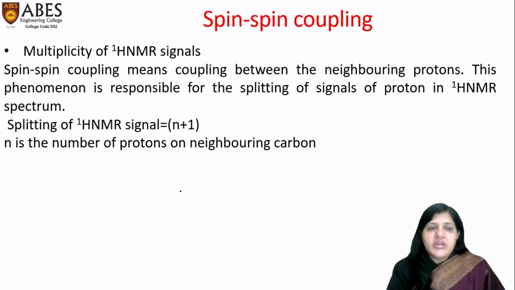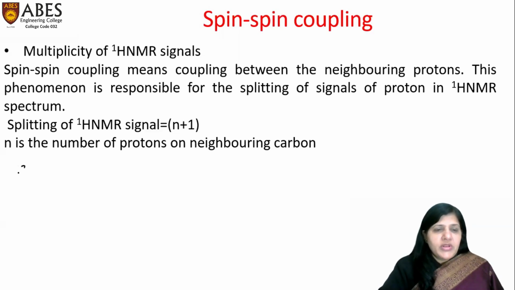Spin-spin coupling or multiplicity of the signals in the NMR spectrum. Spin-spin coupling means coupling of the magnetic moment between the neighboring protons. This phenomenon is responsible for the splitting of the signal of protons in the proton NMR spectrum. And this splitting is n plus 1, where n represents the number of protons on the neighboring carbon atom. For example, in